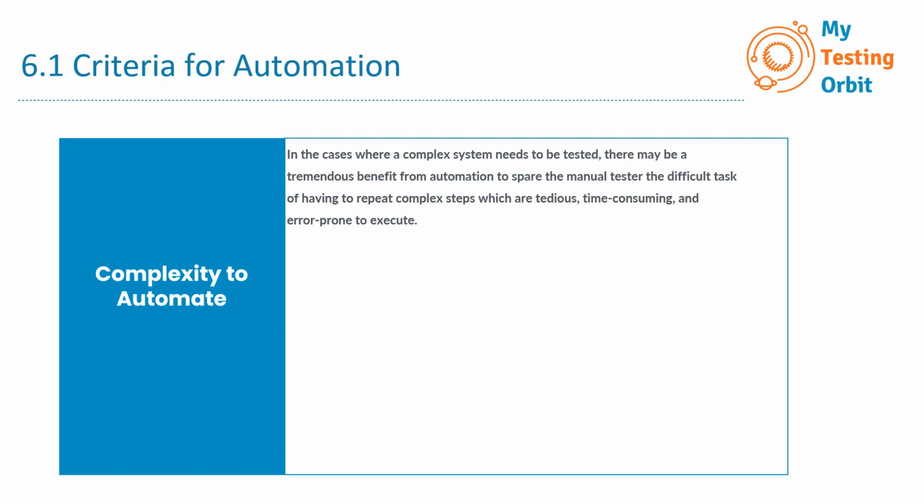Now, doing this manually would mean going through countless steps over and over again, which can be very boring and error-prone. But if you use automation, you can create a program or set of tools to handle all of these steps automatically. It not only saves time but also reduces the chances of making mistakes. So in complex situations, automation is a real time saver and helps avoid errors.